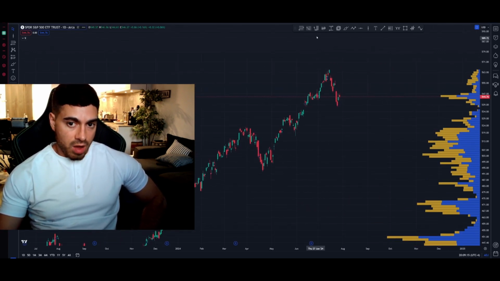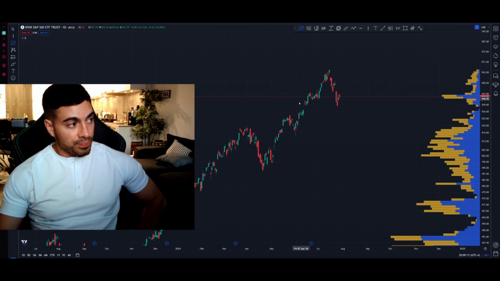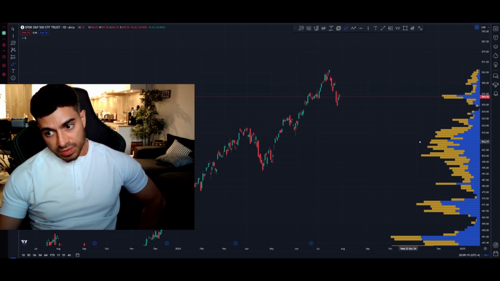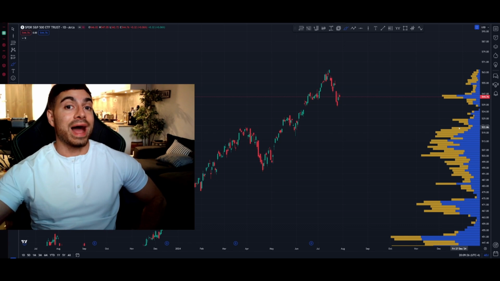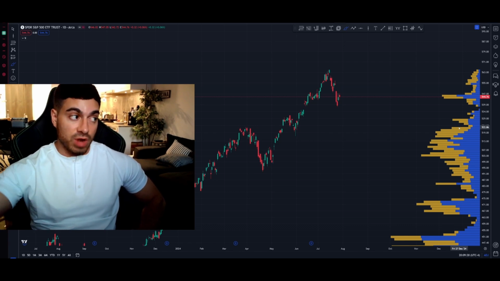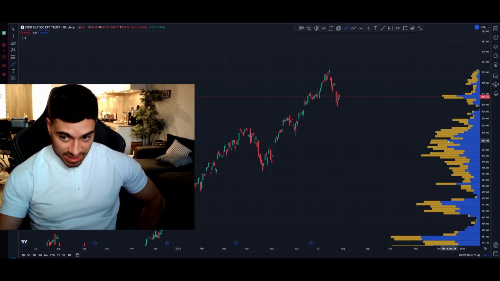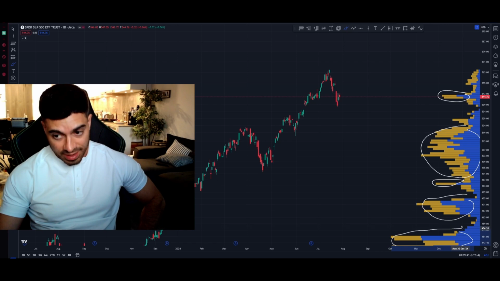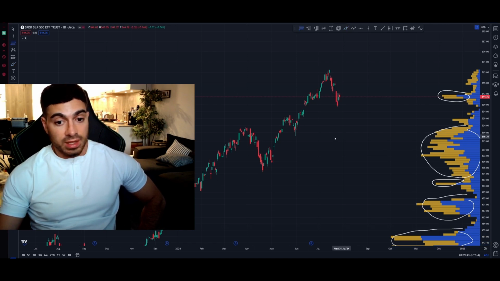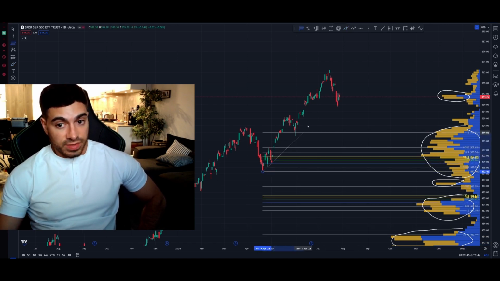Just figure out, when you're measuring, which points of volume control have been the largest and most important, because they're the largest, they have the highest magnet for the algorithm to drive price to when it's liquidity testing. It's right here, right? That's your magnet. This is your magnet. This is your magnet. This is your magnet. This is your magnet.